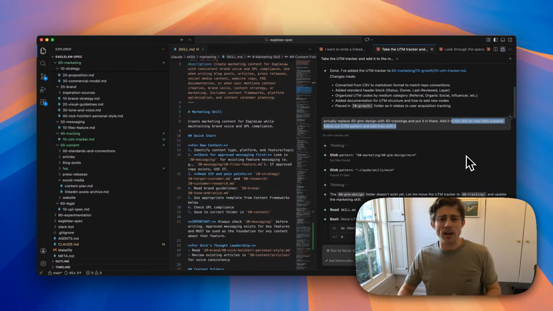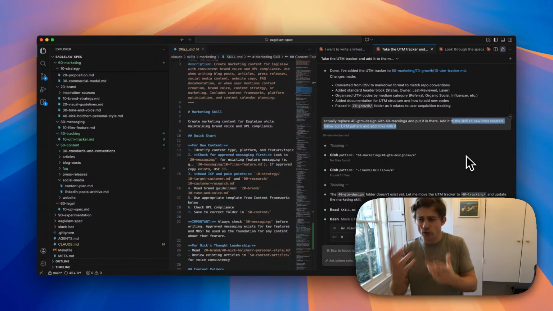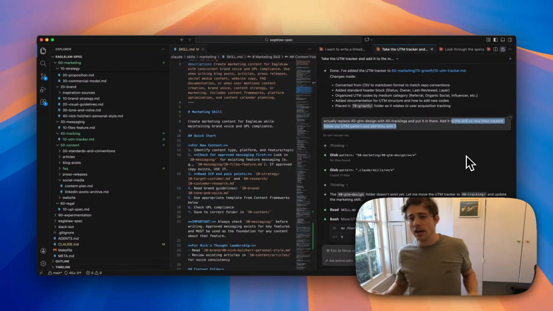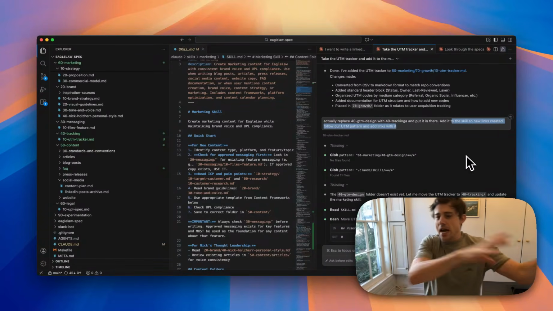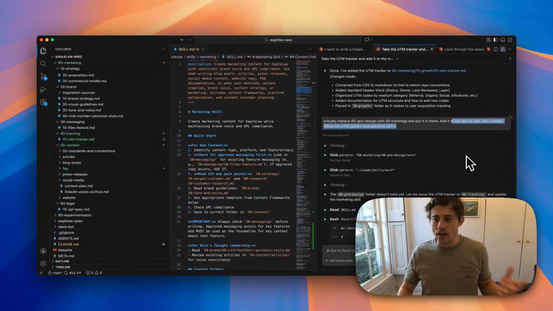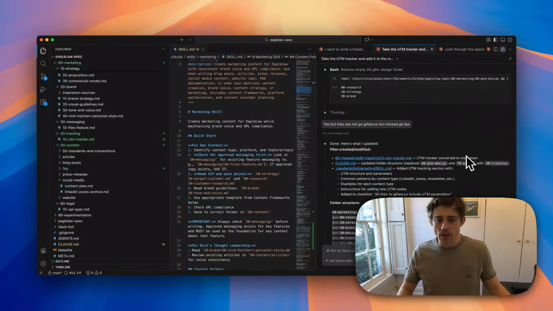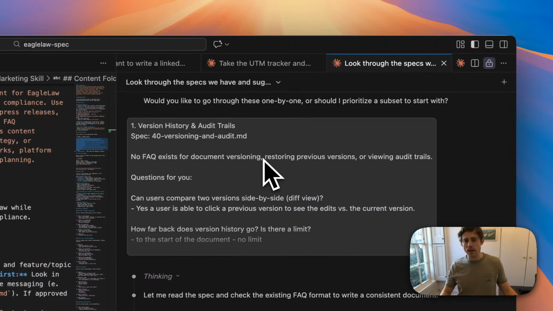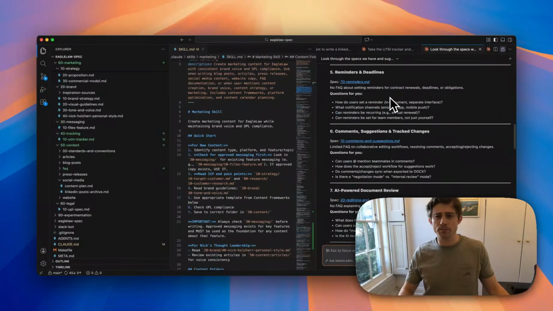It's really, really simple, but when I come across these little bits of context that sit around our company, usually in Notion or in Drive, I'm just giving it to Claude each time and saying, hey, add it to our context so that in the future, the content that it creates is aligned with the latest that we have. So what I did this morning was I said to it,